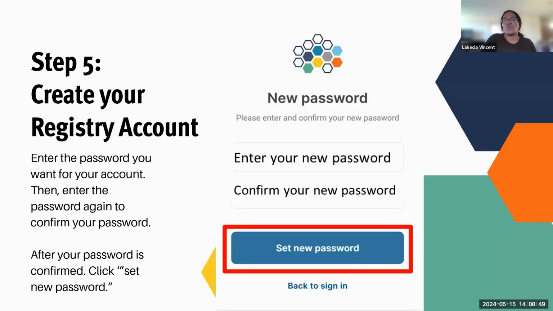The next step is for you to enter the password you want for your account. Please note, if your old password meets the special criteria that's needed to create the account, you can use your old password. Unfortunately, if it does not meet the criteria in this platform, you will have to create a new account. The second thing you would do on this page is to confirm your new password. If the two passwords match and it meets the required criteria,